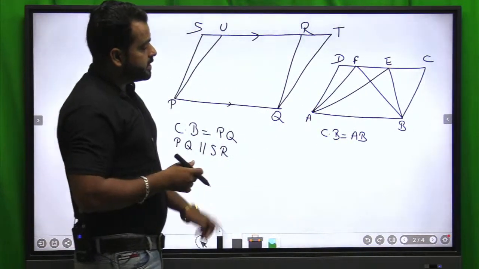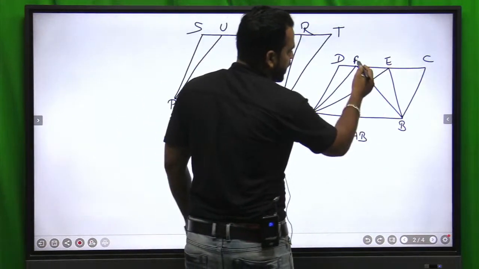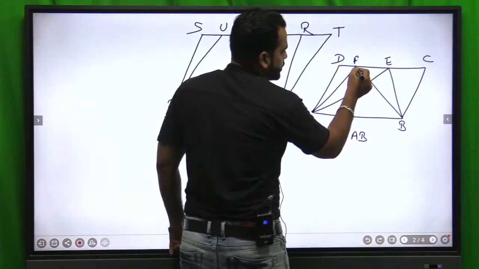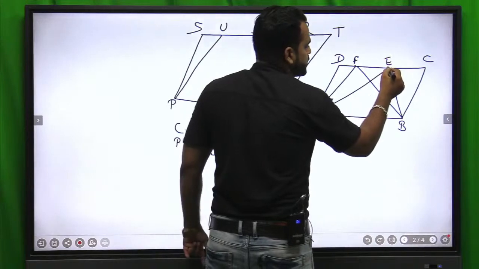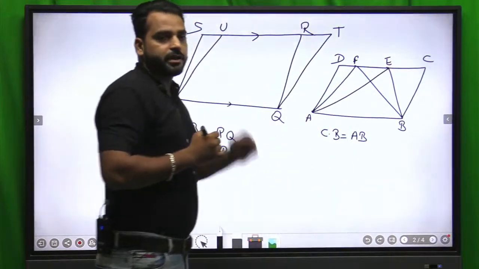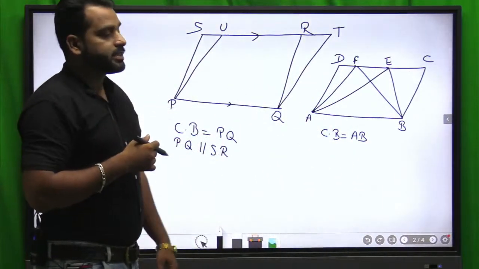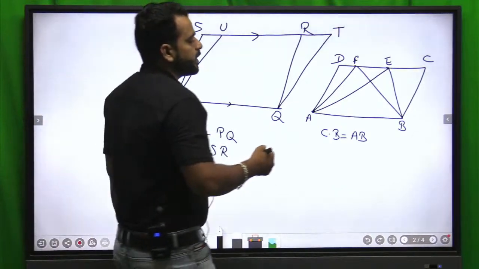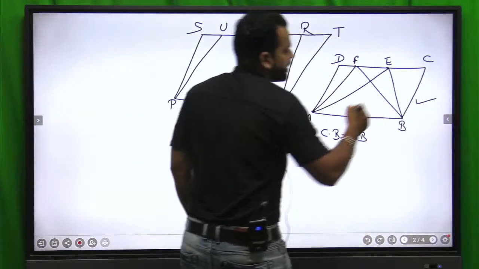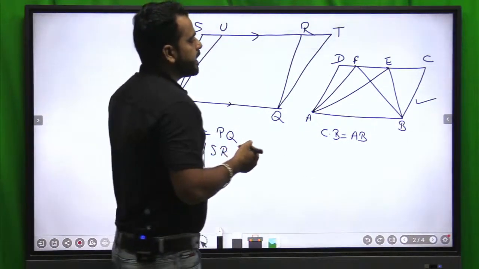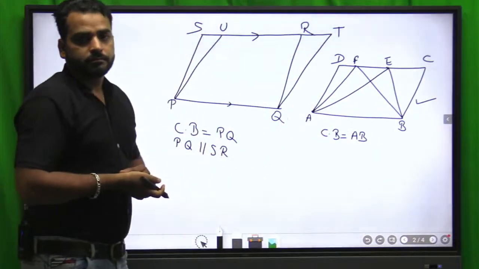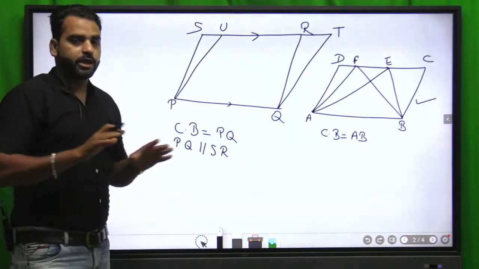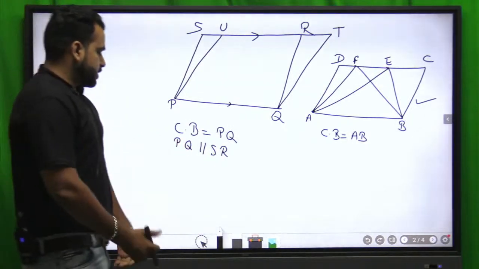As we can see here, yes, in triangle ABF this vertex is also touching the parallel line, and in ABE this point E, this vertex, is also touching the parallel line CD. So in this figure we can say yes, they have a common base, and they are in between the parallels. Okay, is this point clear? Alright, so